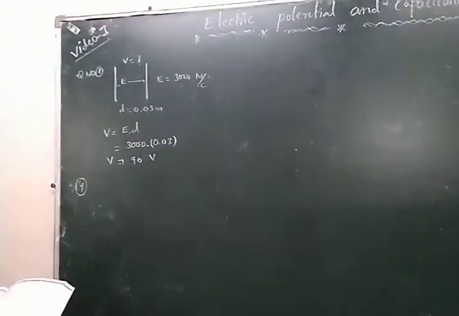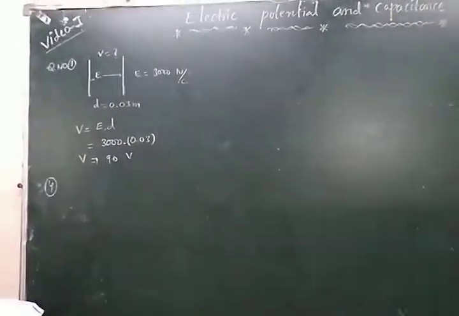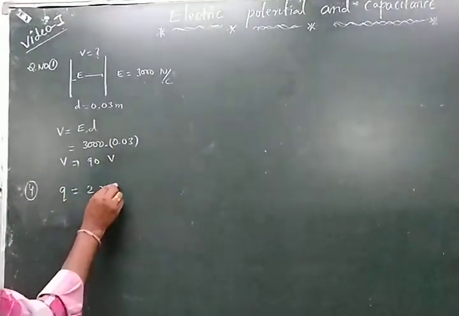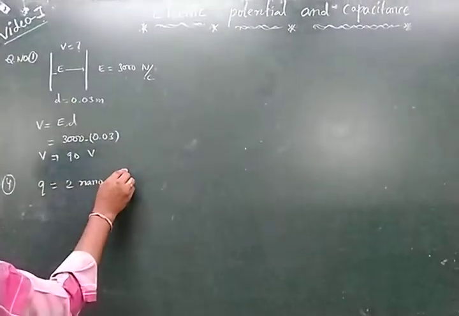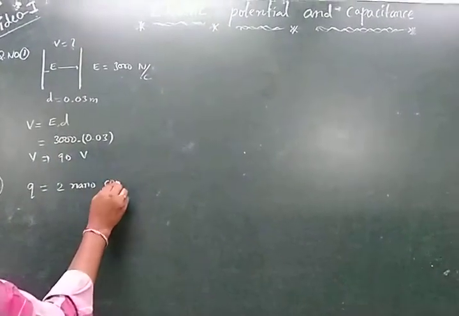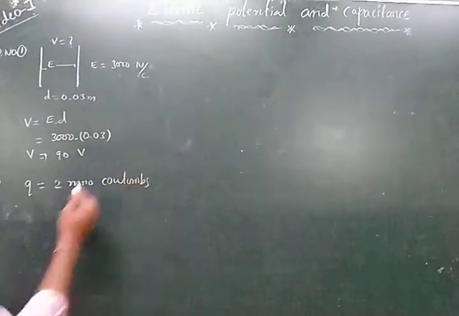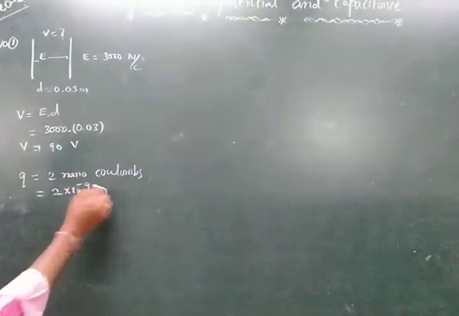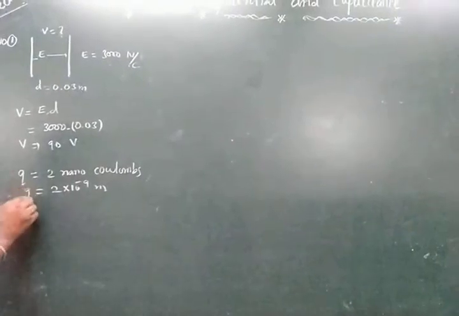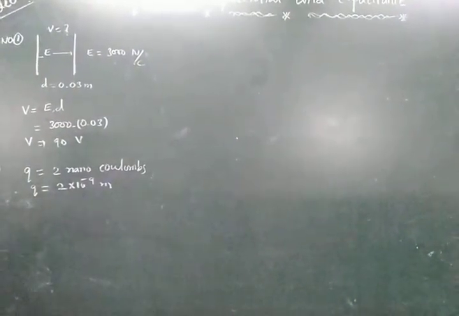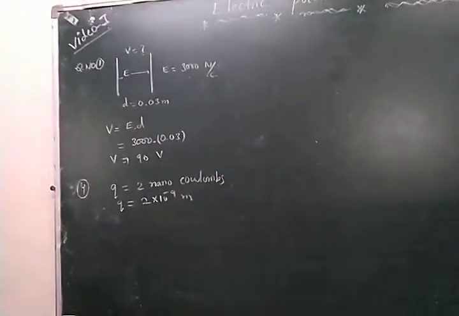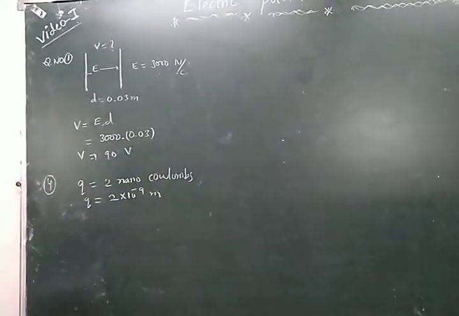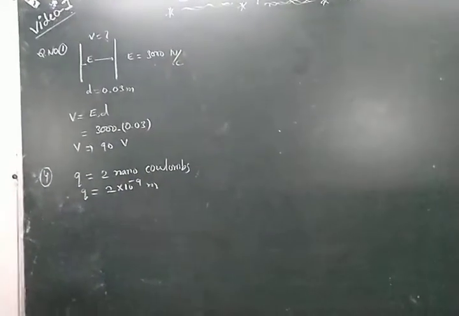An infinite number of electric charges, Q, equal to 2 nanocoulombs. The Q is 2 nanocoulombs, and nano is converted to 10 power of minus 9, so 2 into 10 power of minus 9 coulombs. The charges are placed on the x-axis at x equal to 1 centimeter, 3 centimeters, 9 centimeters, 27 centimeters, and so on.